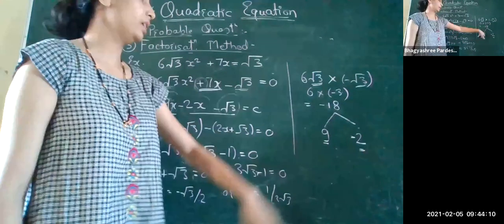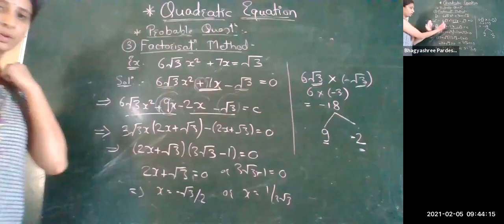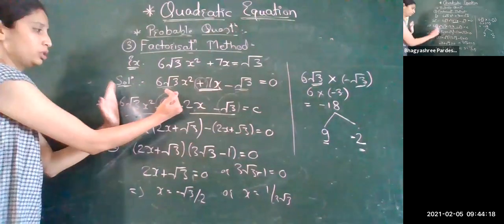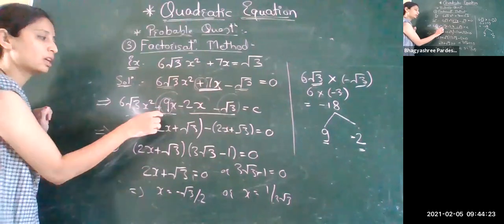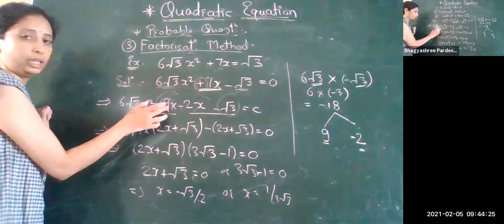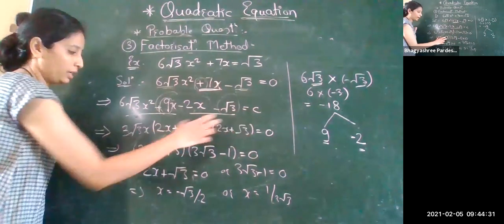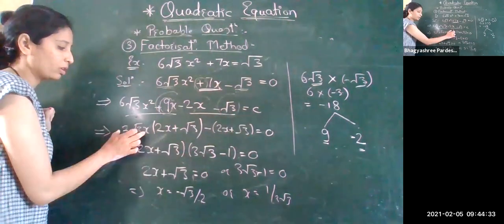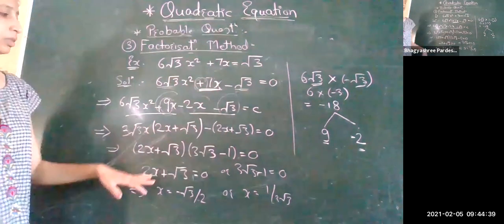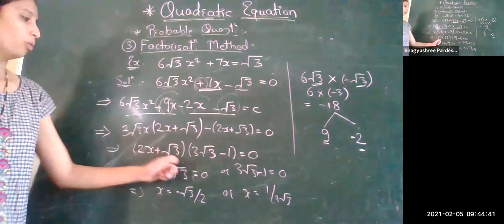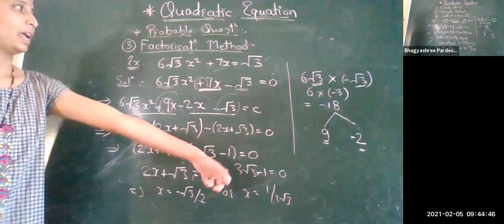Products of minus 18, we take 9 into minus 2. So for the middle term, we substituted this one. And just take the first two and the last two here. So from here, 3 root 3x comes common. Since this 9 is split as root 3 into root 3 into 3, root 3 comes common. So we get this one. And this is the common bracket. So write that simply one time. And whatever remaining numbers are there, write that in the another bracket. So since the product is equal to 0, one of them must be equal to 0. So after solving, we get the values of x. That is, we get the values of the roots.